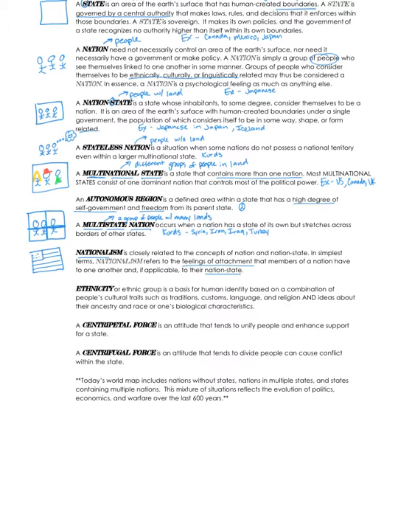The next term is ethnicity, which is really just a group's culture. Okay, so it's talking about a group of people's cultural traits, like their traditions, their customs, their language, their religion, and then their ideas about their ancestry. Okay, so like where they're coming from, and an ethnicity is going to be united within all of those things. Okay,